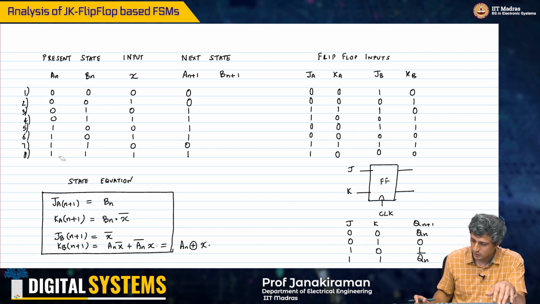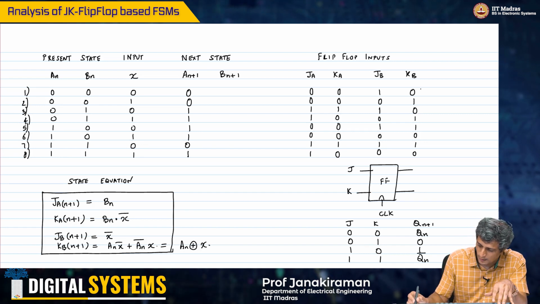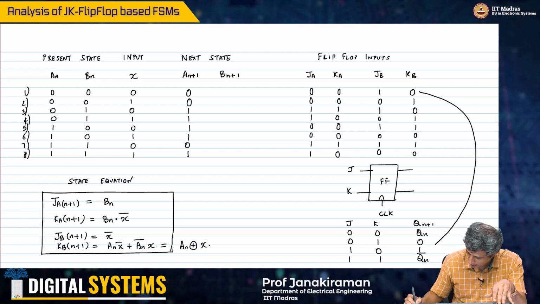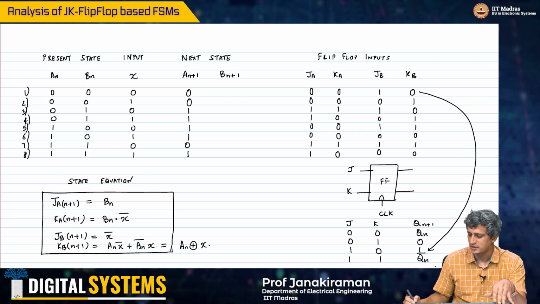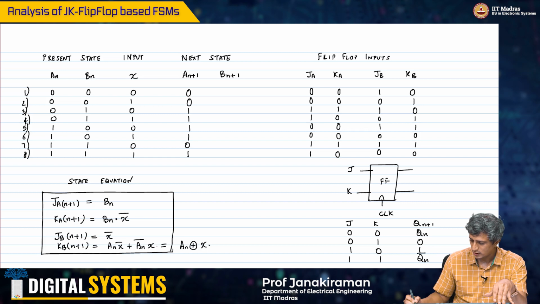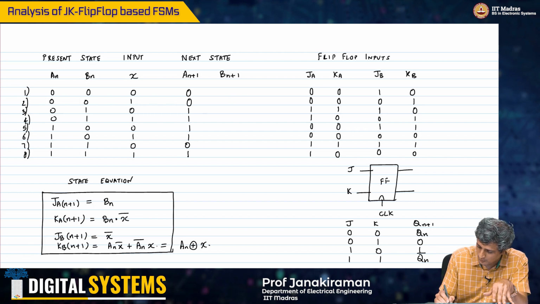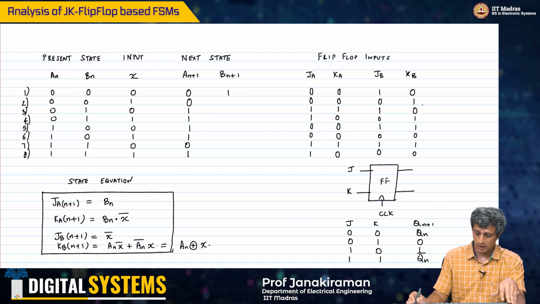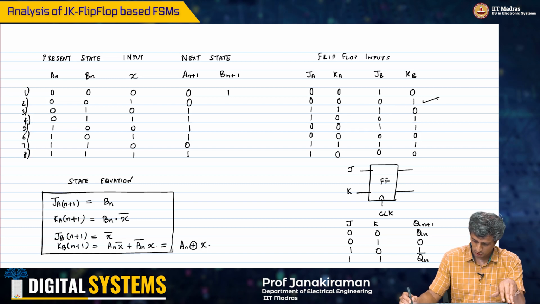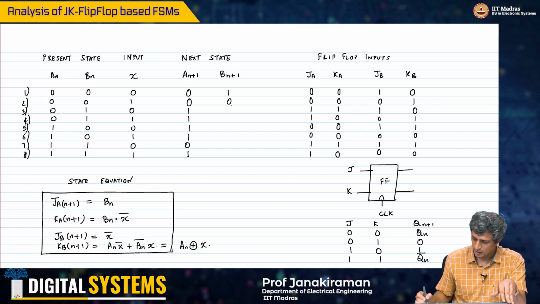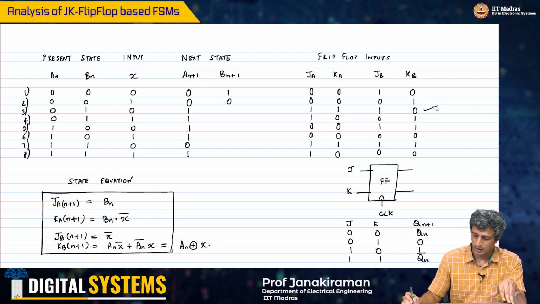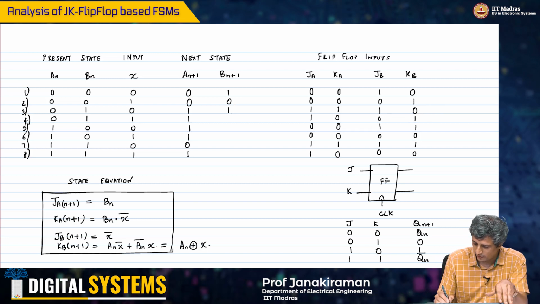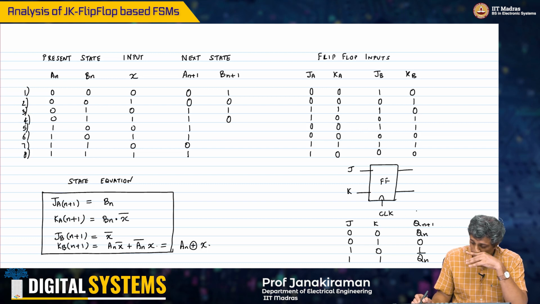So what we'll do now is we'll take 1 0. 1 0 here refers to this, that means the output will be set, and therefore BN plus 1 will be 1. Now you come to the second entry, we are talking about 0 1, therefore that will be reset. Then the third entry, which is 1 comma 0, and therefore you are again going to set, and then 0 1, so you will again reset. Now 1 1 will therefore